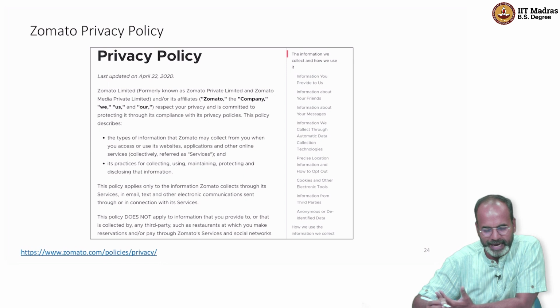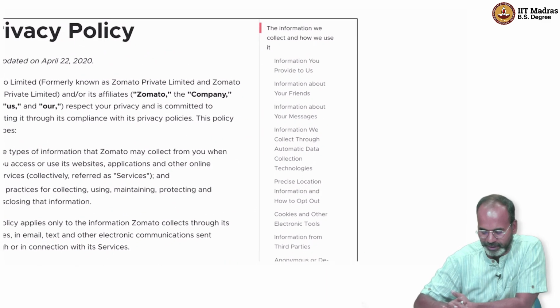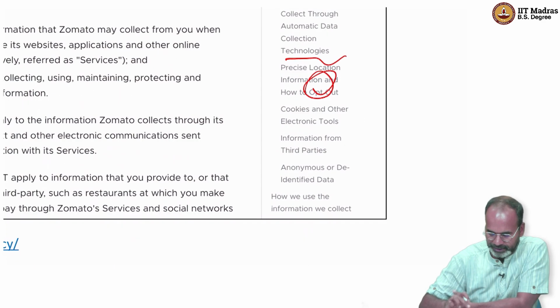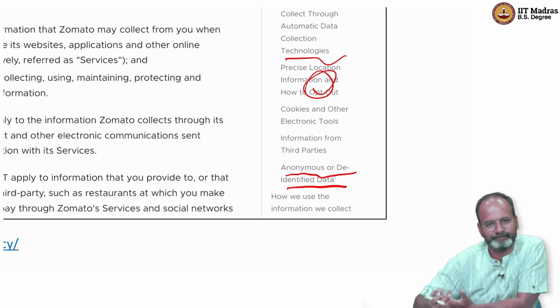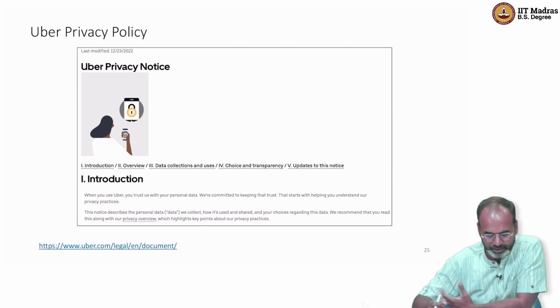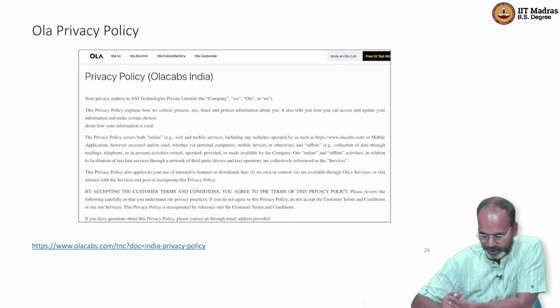also has services here. So they have a privacy policy which talks about information you provide to us, information about your friends, information about your messages, right? So all of this opt-in, opt-out, anonymous or de-identified data, a big list of activities that is done on your information. This is Uber. Uber's privacy policy talks about how drivers, what information do drivers get, what information does Uber have, how is that information used, all of that. Ola,